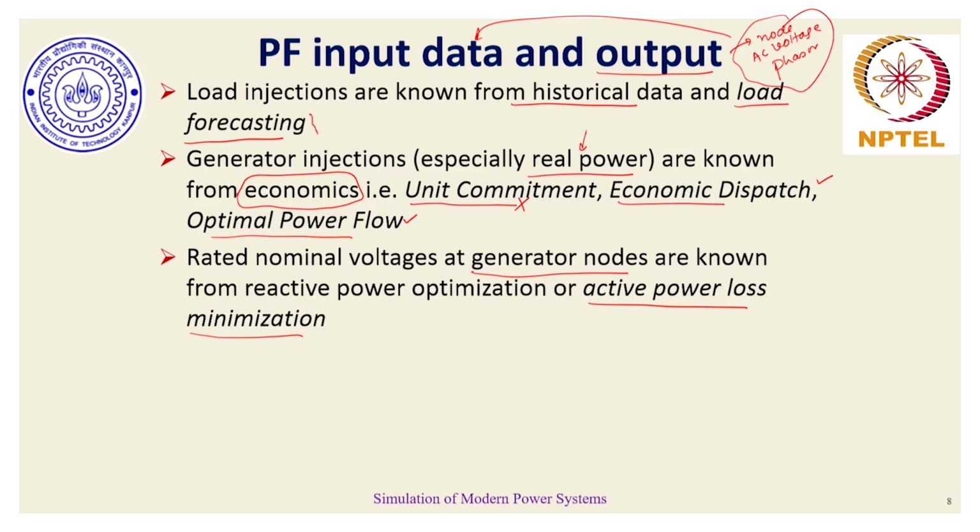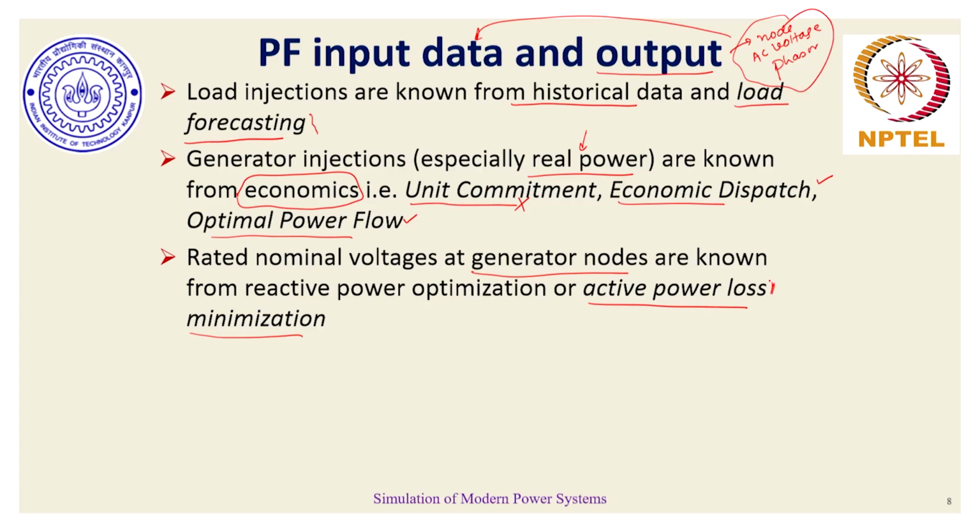As long as the voltage profile in the system is flat, by flat we typically mean that the voltage magnitude deviation is not much, and the phase angle differences between two buses through which a transmission line is connected is not much. The corresponding current flow would just be sufficient to have the load present at the load end consume its own respective power, and the corresponding I square R loss or I square X loss in the transmission line will be very, very low.